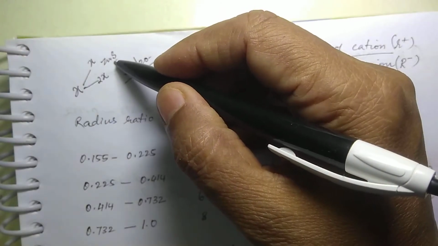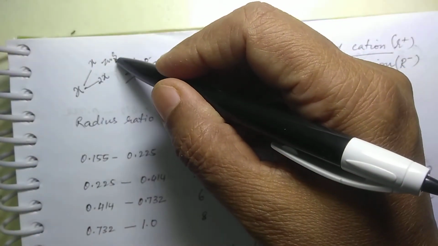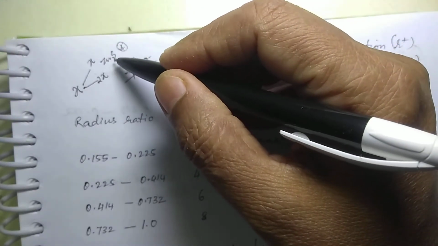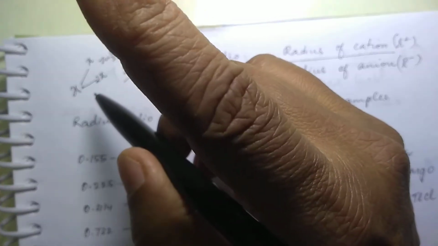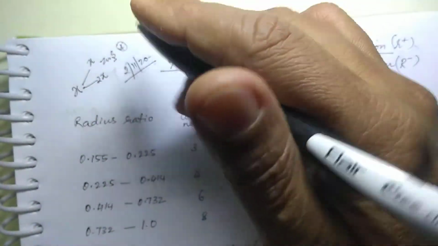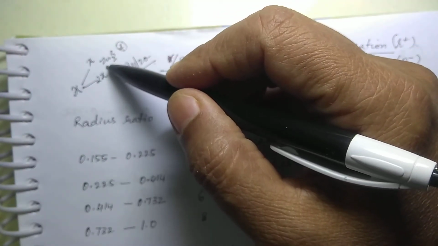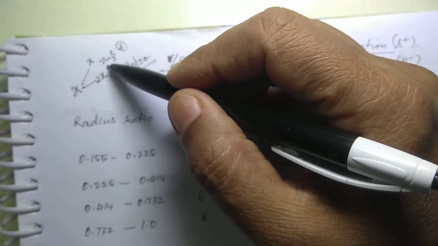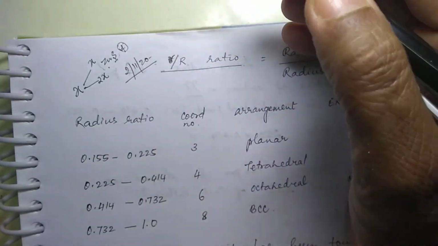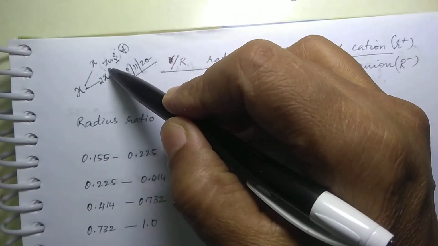And this S2 minus is occupying the CCP lattice. And how many S2 minus will be there per unit cell? It will be 4. How 4? Corners, 1 by 8 of 8 is 1. And at the faces, 1/2 is there. So 3 plus 1, 4 S2 minus ions will be there. And there should be 4 zinc 2 plus ions. Is it not? Only then the formula will be satisfied. Zinc 2 plus and S2 minus. So if this is 4, then this should also be 4.